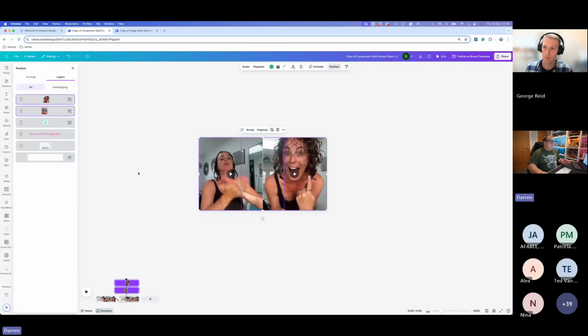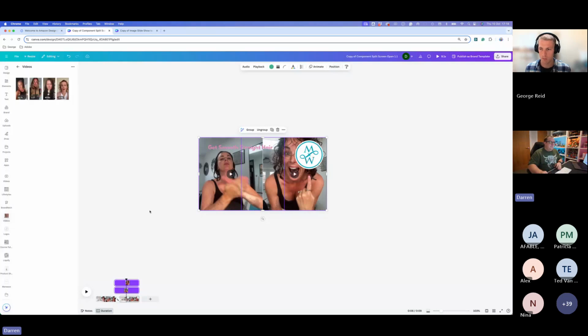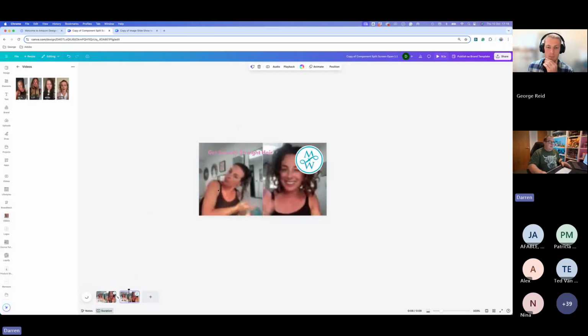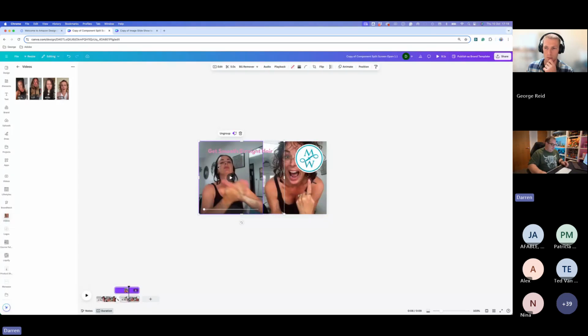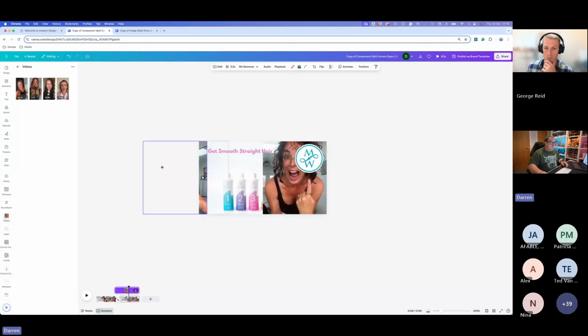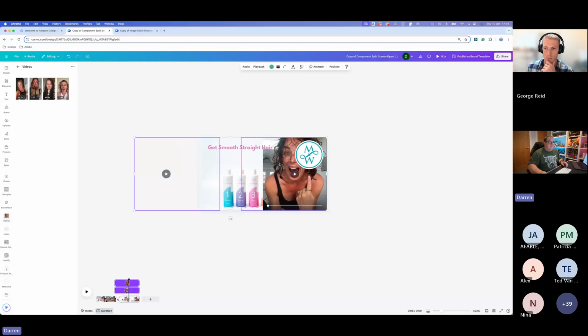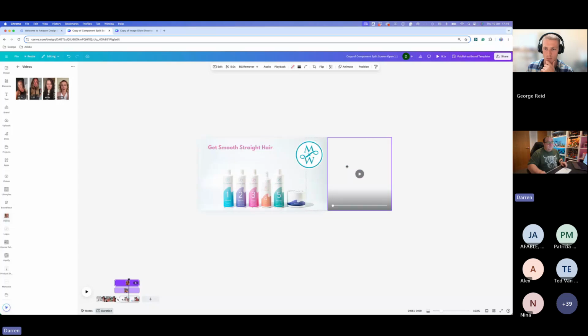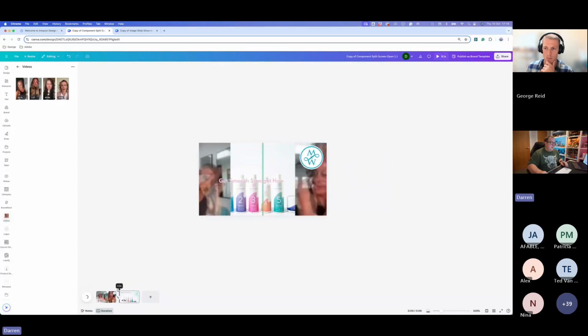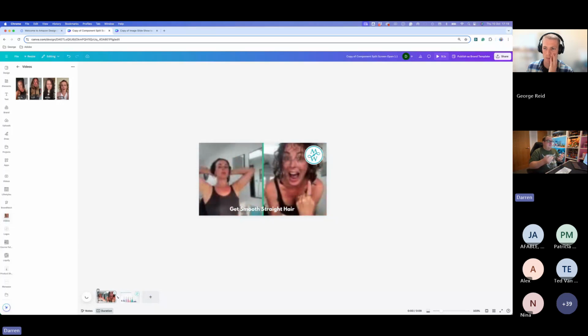Now, what we need to do on these 2 now is actually move them down below where we've got the logo. So you need to think about how the layers are. If you have them on top, you sometimes can get this blurring effect. So on the second page, now what we need to do is move these off to the side. So I'm going to hold down the shift key and move them off to the side. We can do that for that one, and then also for the second one, hold that off just to the side. Okay, so we can see now we've copied those first elements from the first page onto the second page.